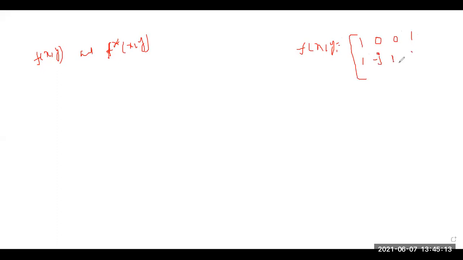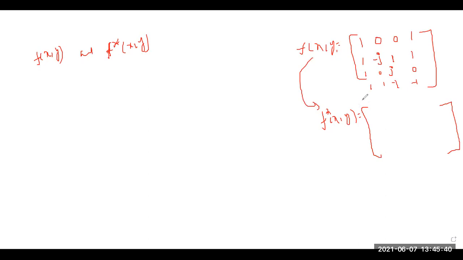Do you know how to find the conjugate? The matrix is 1 0 0 1, then 1 and minus 1. Okay. Now suppose this is f of xy. Now f star xy is nothing but the conjugate of the matrix f of xy. This is the spatial domain. If I want to find the conjugate, what will happen? The sign of the complex number will be interchanged. So when I find the conjugate of this, it will be 1 0 0 1.